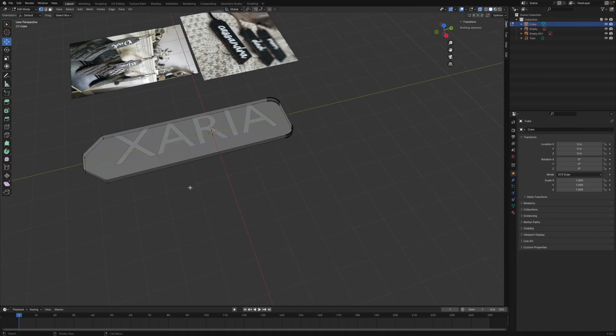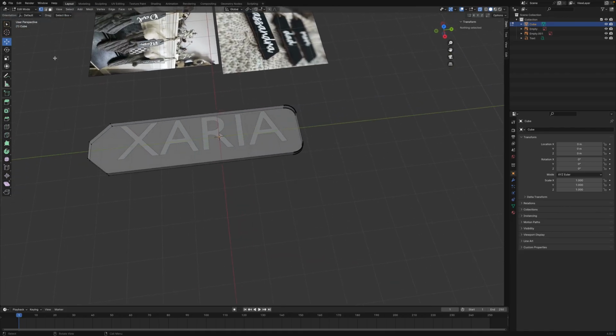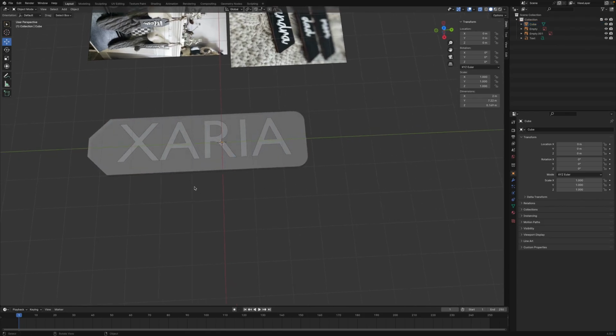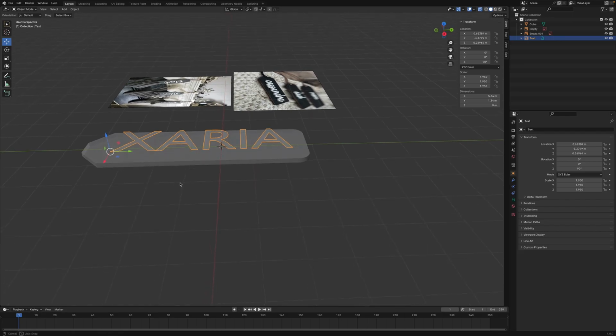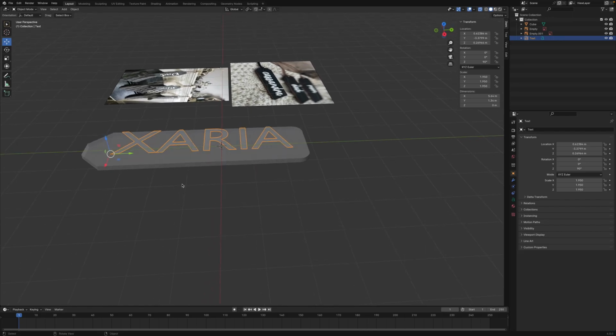So now we've edited the tag to fit our text. Let's go back into object mode. And let's go ahead and extrude or make this text 3D, because right now it's just a text object and we have to convert it to a mesh. So now that we have the text selected, go to, actually before we do that,